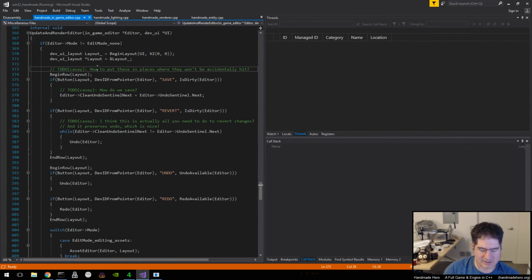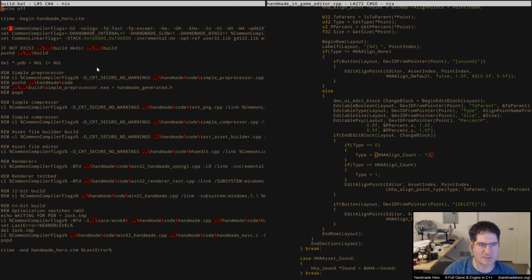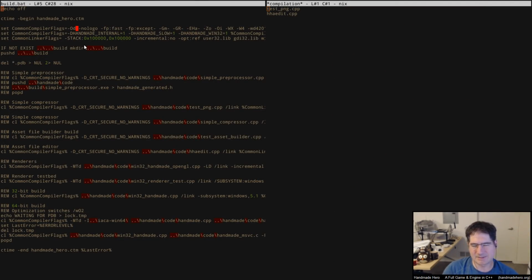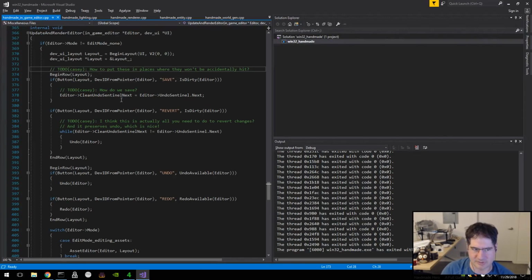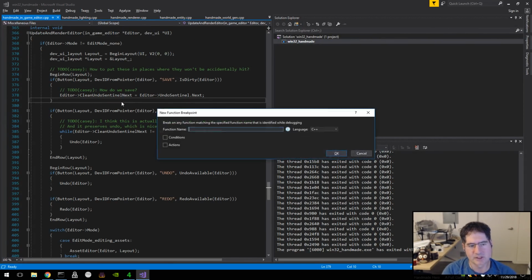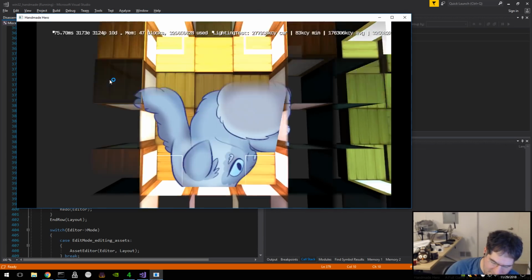I'm going to switch ourselves over to debug mode just because if I'm going to step through something, I want to be able to see everything more clearly. Debug mode is the only real way to do that with the Visual Studio Debugger. It's not very good at debugging release mode code. So I'm going to set a breakpoint at editable type. That should just allow me to go in there and set a breakpoint